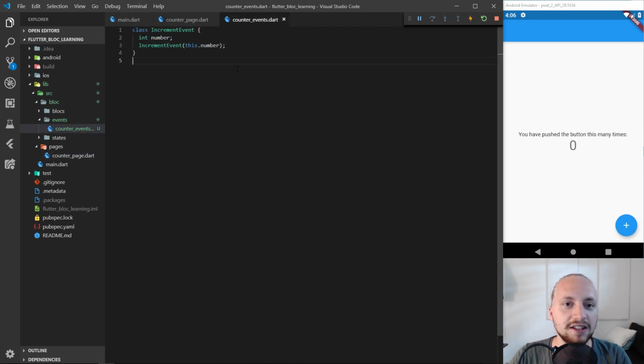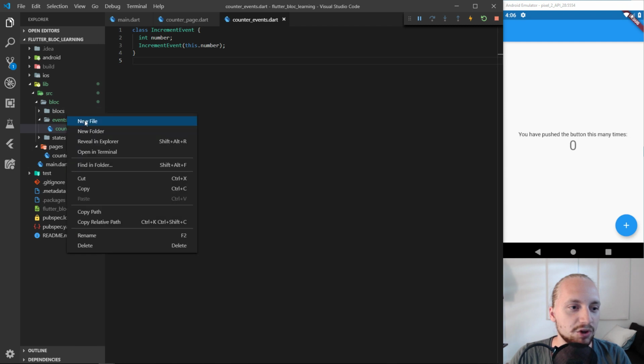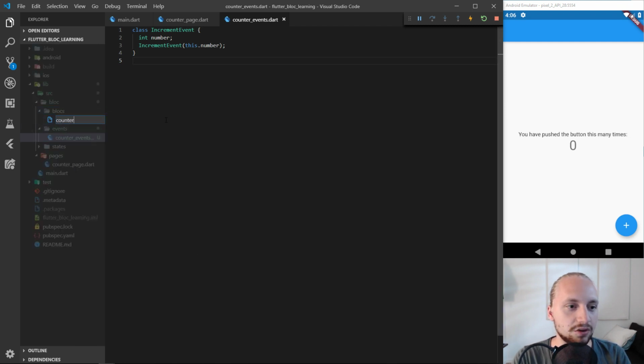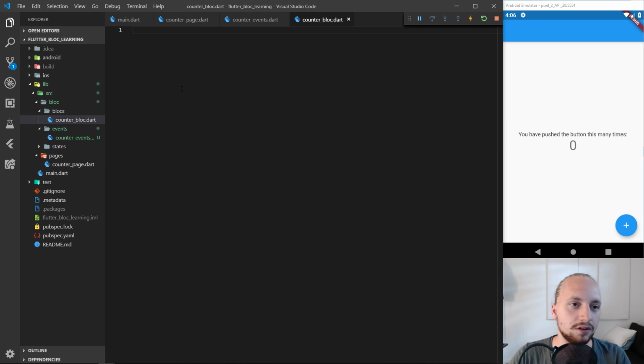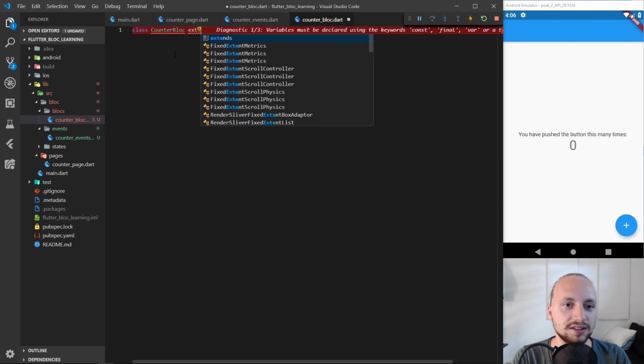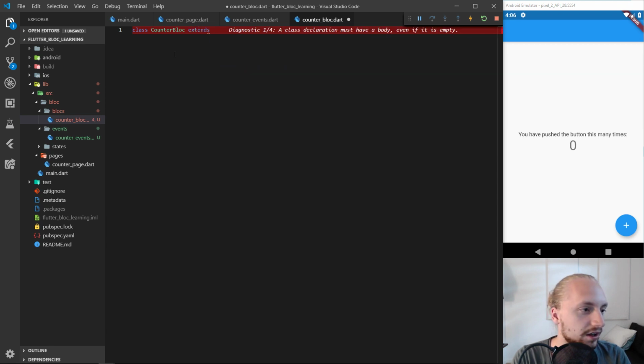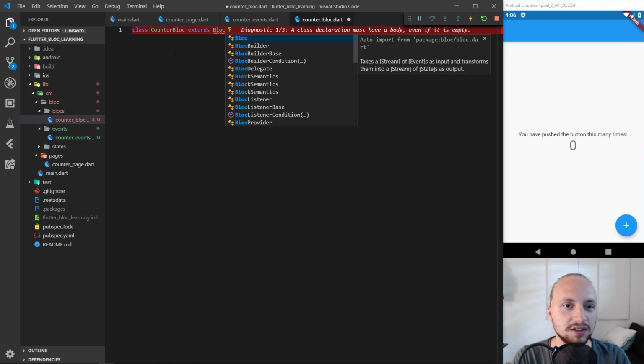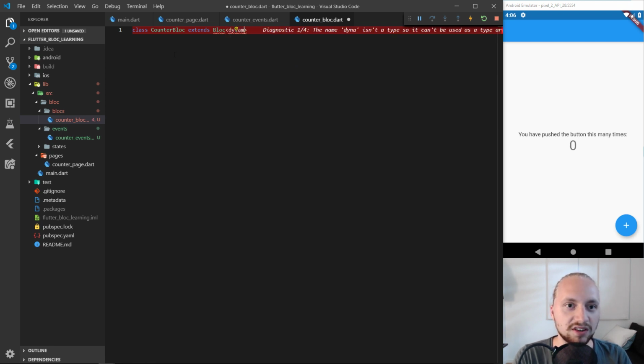So we have the counter events. So let's add a bloc. This will be the counter bloc. To create this counter bloc, we'll just create a class CounterBloc, and it will extend Bloc, it seems. I'm just going to set dynamic really fast so we can just create it up. So instead of dynamic here for the first one,